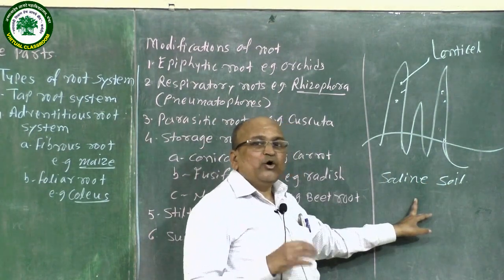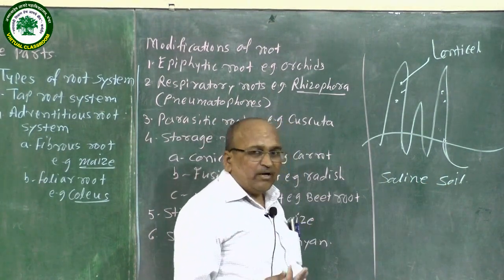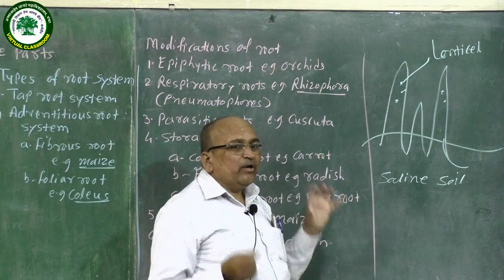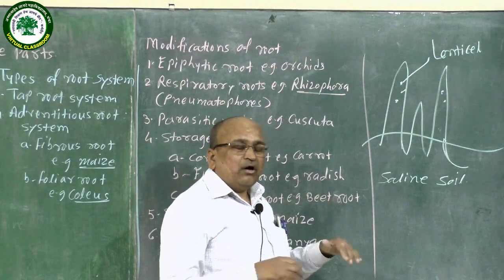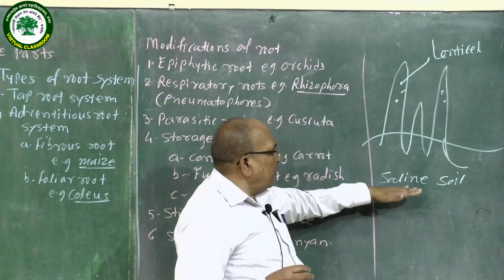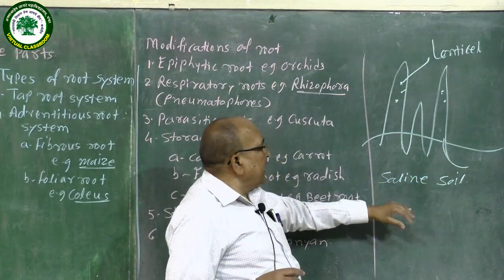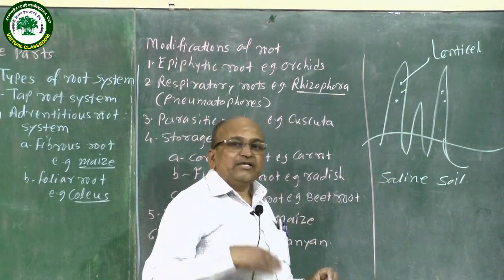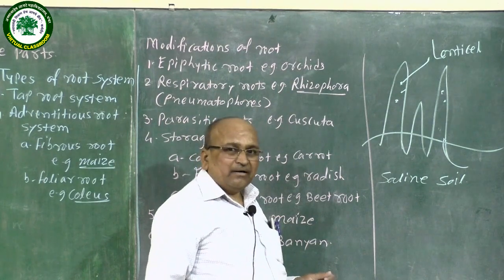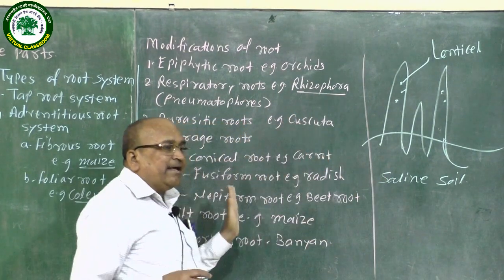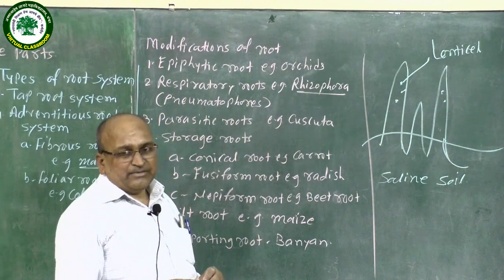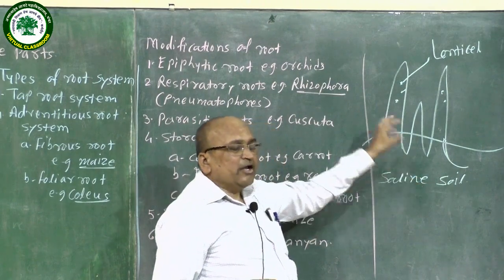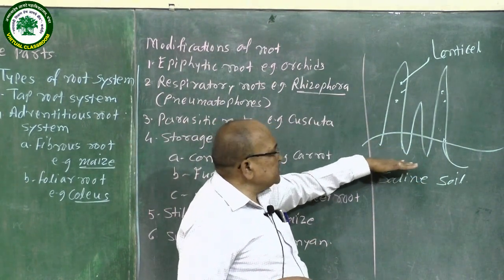This saline soil is formed due to the accumulation of salts or of the saline water, and due to accumulation of salts there is no air, there is no oxygen in the soil, but each and every root needs oxygen for its respiration. Due to deficiency of oxygen in the soil,